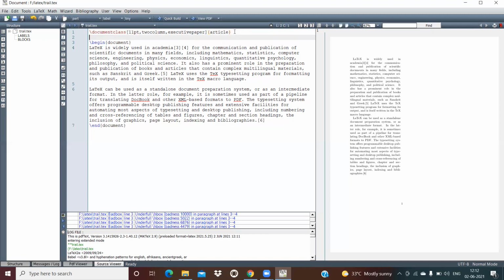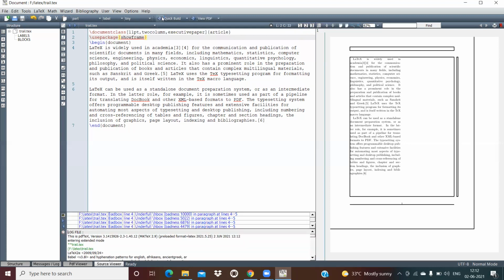Another thing is, if you are using the package showframe, I can show you what these paper formats actually look like. I can run the same. This is executive paper.